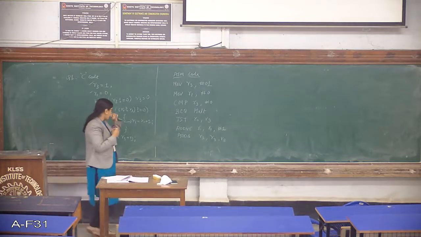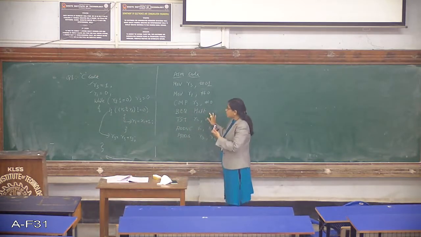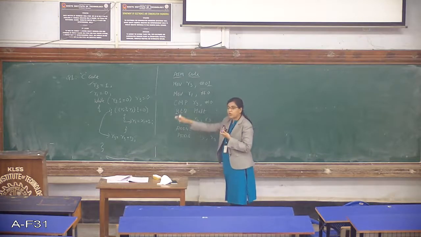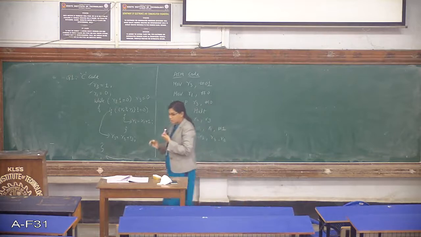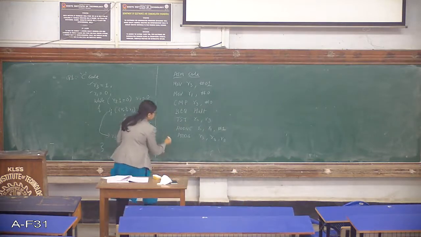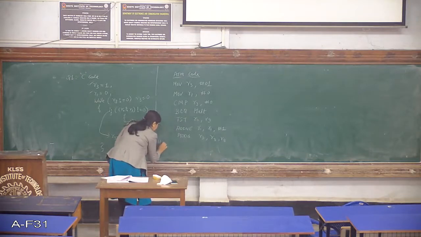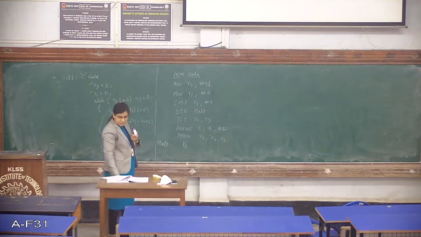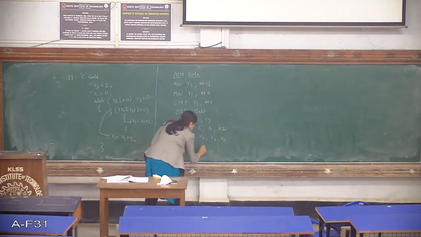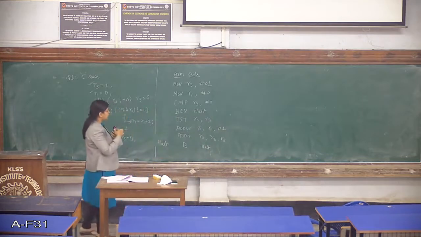Now coming back to the branch EQ halt. If it was equal, I just come out of everything and halt the process or end the process. So I'll be just saying it as branch equal halt. So I'll be giving the label here as halt. Then I'll be mentioning an unconditional branch, and then again I'll be making it a halt here. So this is how we write the assembly code.